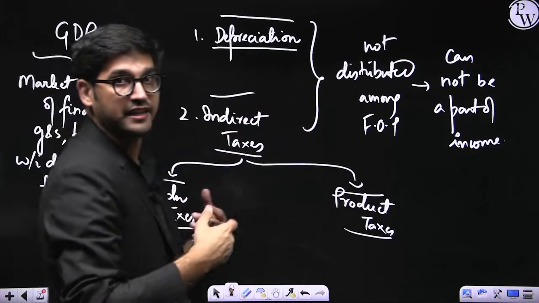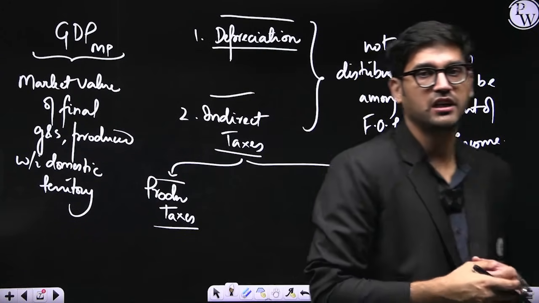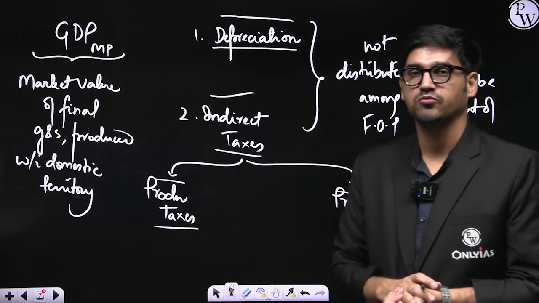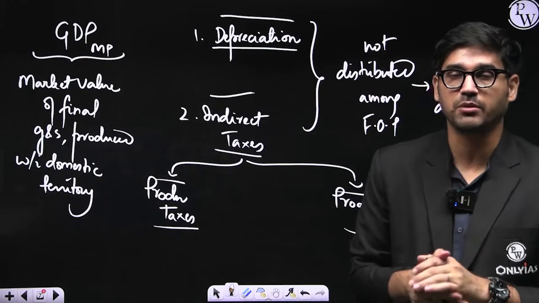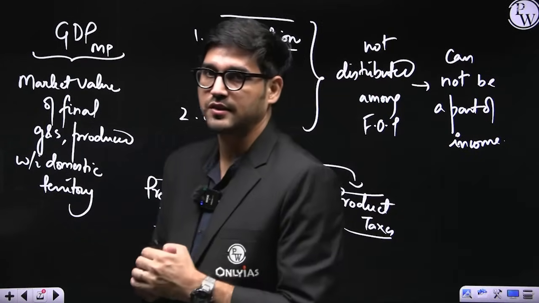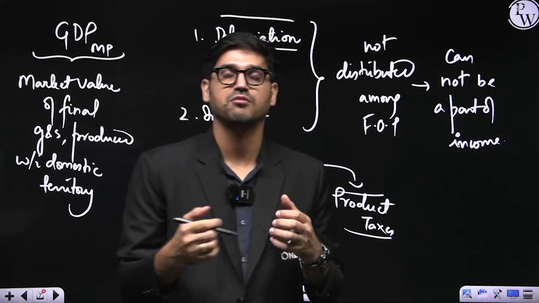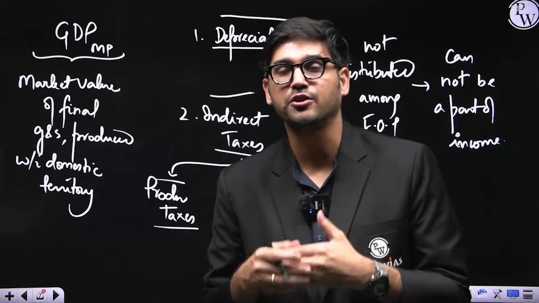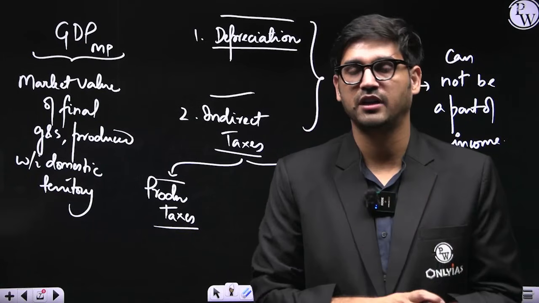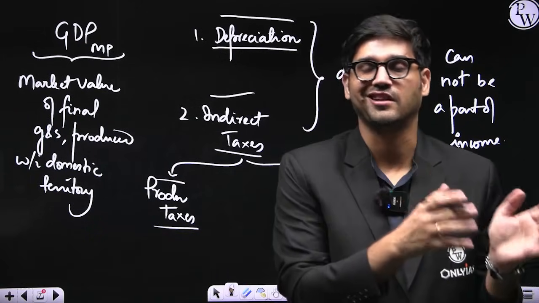Both of these are indirect taxes collected by the government from who? From these firms. Production tax is a one-time payment. For example, if you have decided to set up a factory to make cars, now because you have to buy some land, you have to convert this land towards commercial use, you will have to pay a certain registration duty, you will have to pay a certain stamp fee,